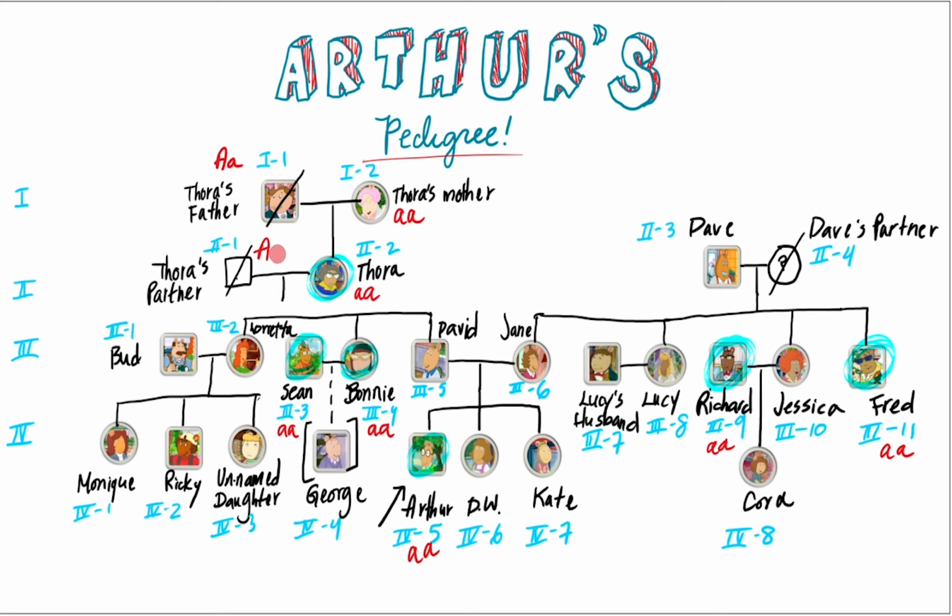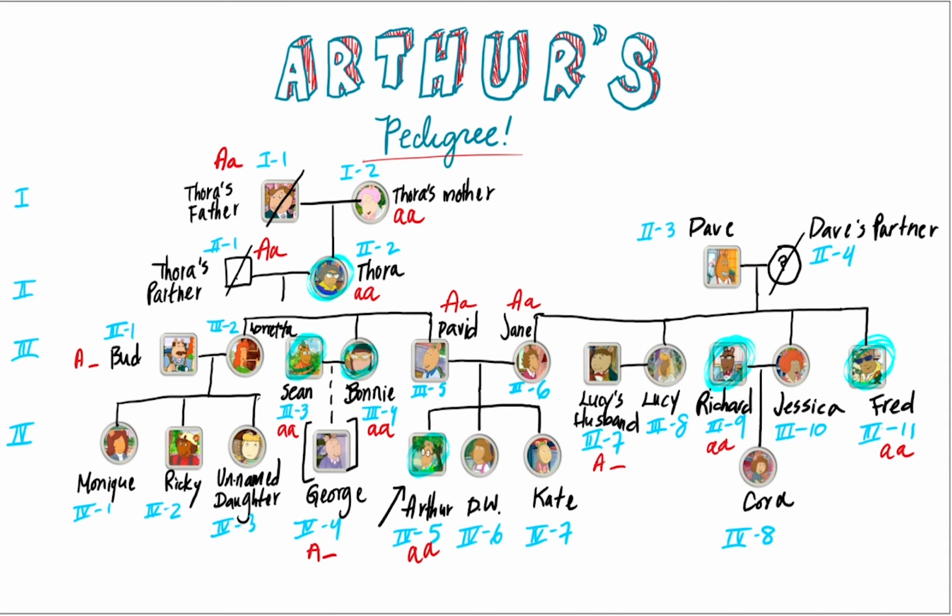Because Grandma Thora and her partner had children both with and without nearsightedness, then we know that her partner had a heterozygous genotype. For Bonnie and Sean's adopted child, we don't know his biological parents' genotype or phenotypes. However, we do know that he has at least one dominant allele since George is not nearsighted. His genotype must be homozygous dominant or heterozygous, so we will mark his genotype as A_.